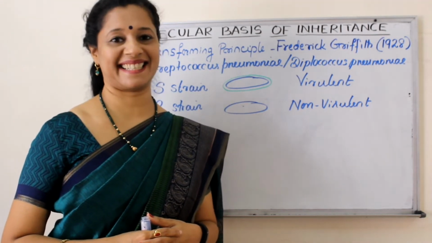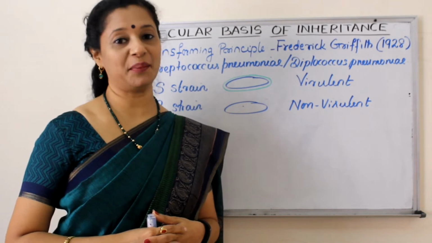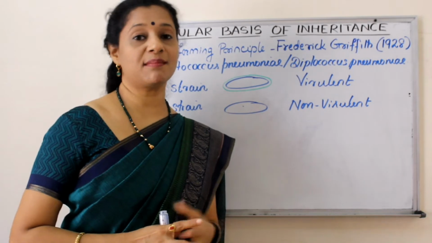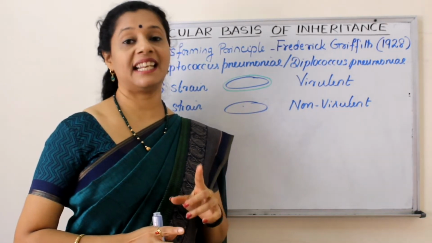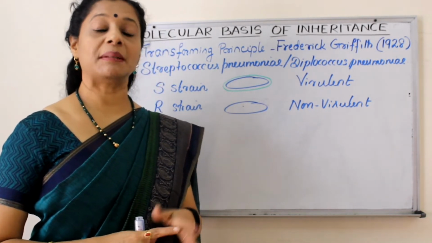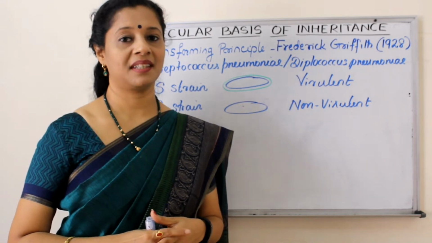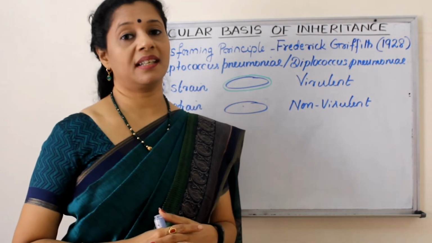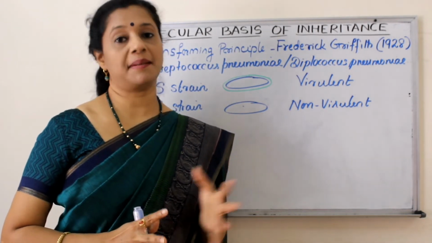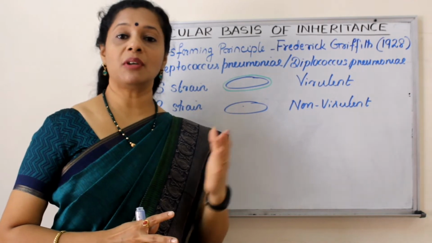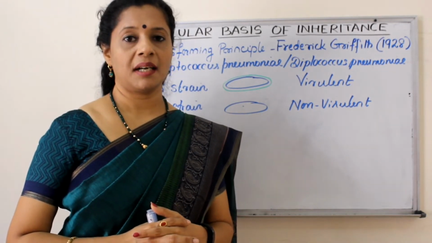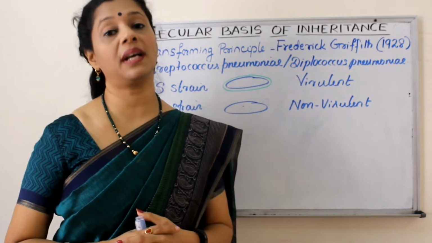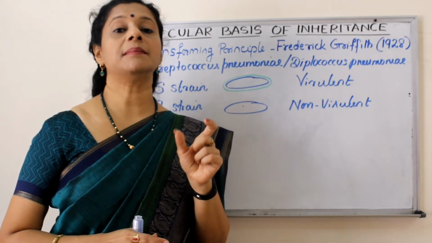I am Soumya Harikrishna. We have been dealing with the chapter Molecular Basis of Inheritance. In the previous modules, we learned the structure of DNA in detail, also the packaging of DNA. We know by 1865, Mendel published his result of his experiments in garden peas. He formulated the theories of inheritance, but he could not explain what was carrying the information from one generation to the other. So he just used the term factor.